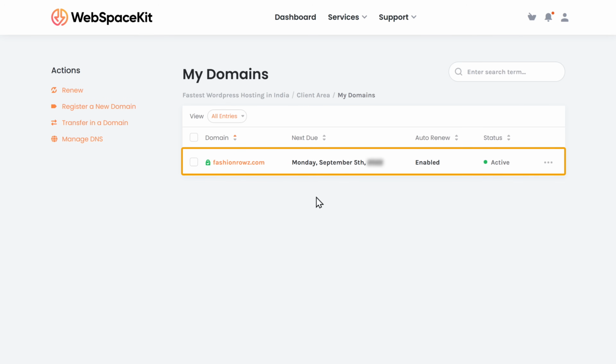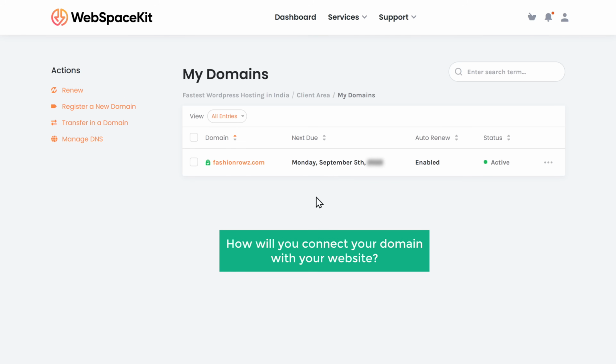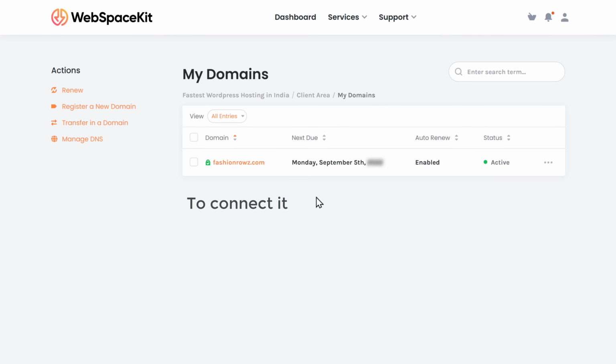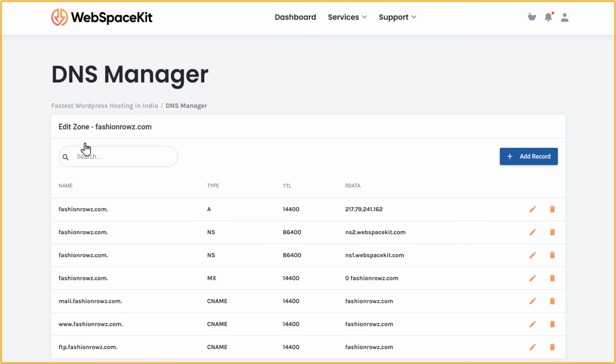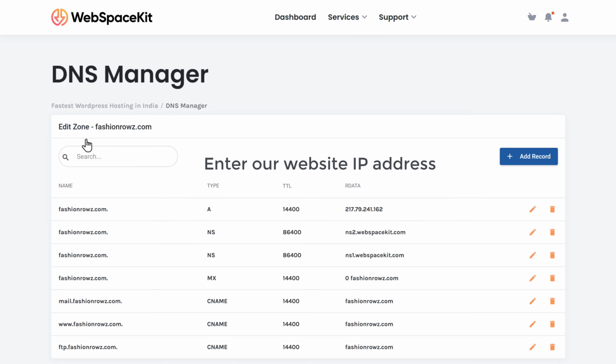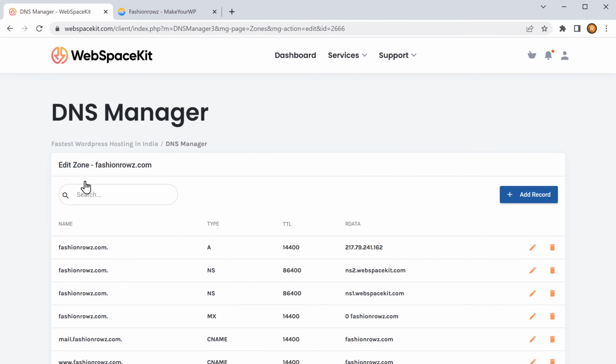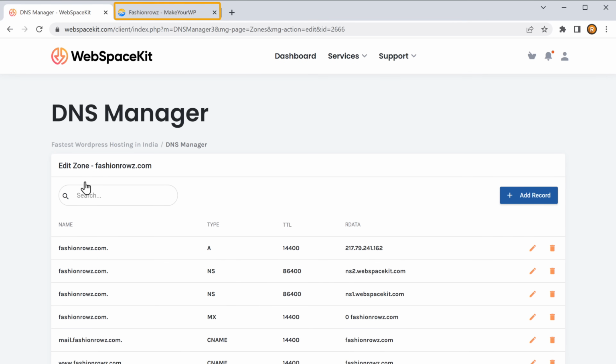Okay, once you've got your domain name, how will you connect your domain with your website? So to connect it, click on this box, click Manage DNS, then you will get this page. Now we need to enter our website's IP address next to the A record. So to get your IP address, just go to your MakeUWP dashboard,